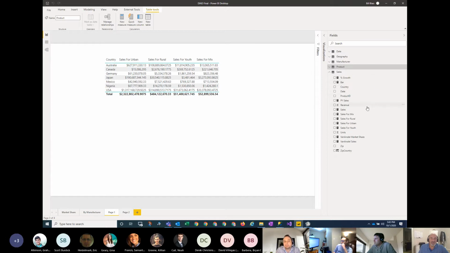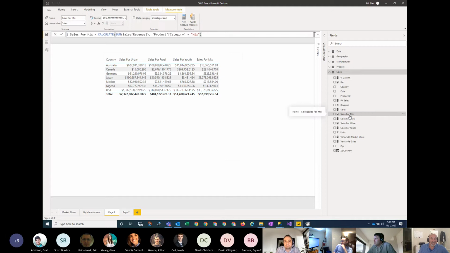But let's just say, for sake of discussion, I wanted a measure that is a sum of my revenue for each of the categories. So this one is for mix, and this one is for rural and urban and youth. Let's imagine I had more than 4 of them. Let's say I had 100 different categories. This happens a lot as well.